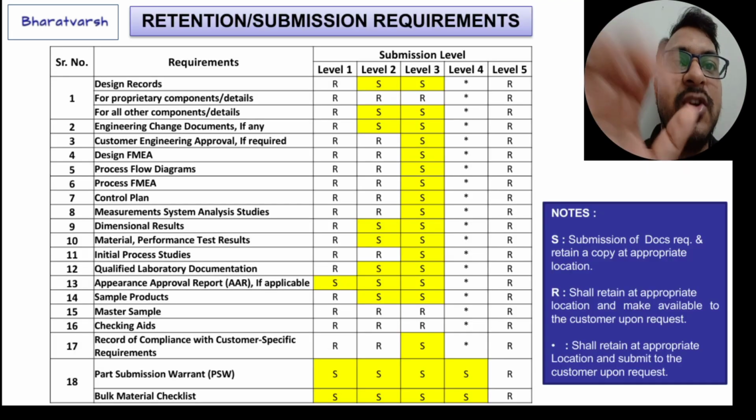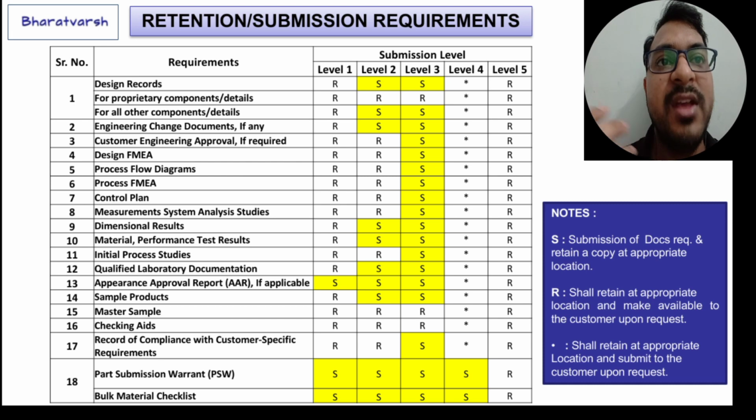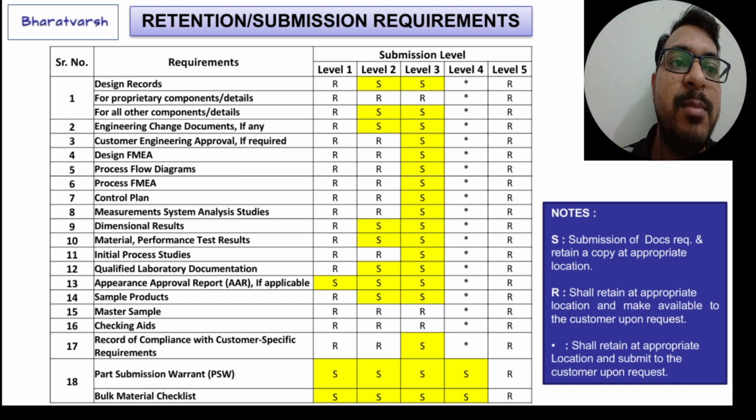So here we are showing the retention or submission requirements of these 18 PPAP documents. First one is level 1. In level 1 we have to submit only the part submission warrant and appearance approval report, and all other documents we have to retain at the organization site, and they have to be available to the customer on request. Level 2, in level 2 we have to submit design records, engineering change documents, dimensional results, material and performance test results,